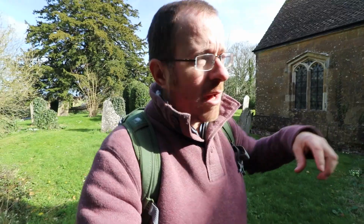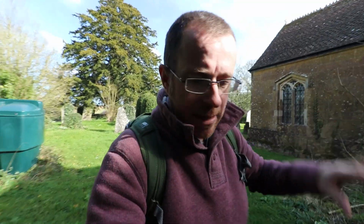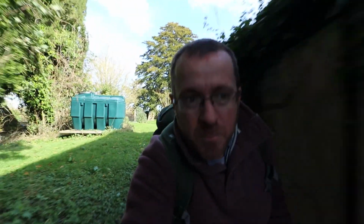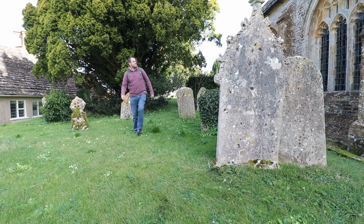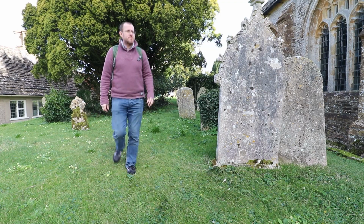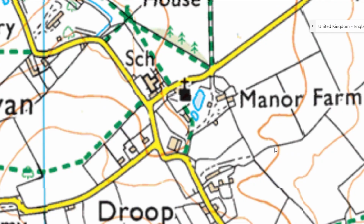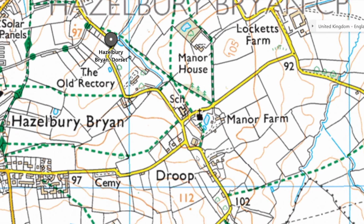So Droop here, where the church remains and the manor house remained, was said to be the original location of the village, until of course the Black Death, and then it was seemingly hit in two separate waves, and that obviously shook people to the core, that they reputedly burned down their village and they moved their settlements to slightly higher ground